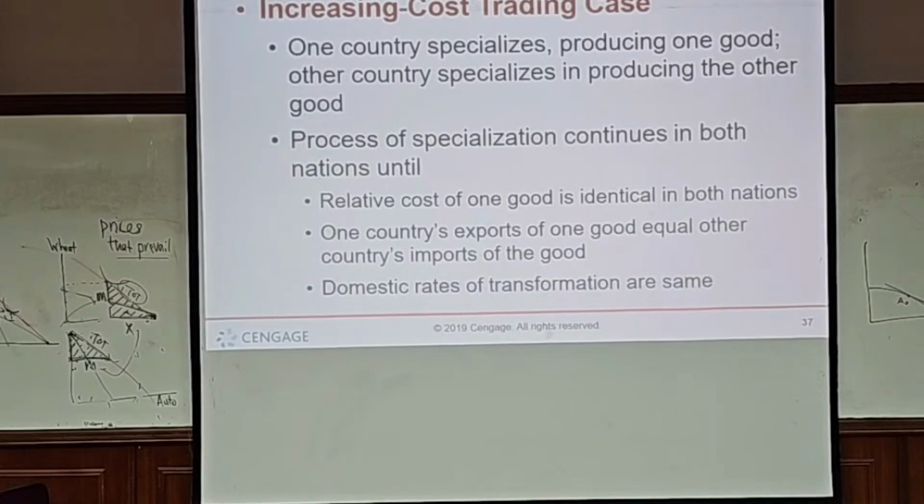It says that country A is more efficient in production of X. Country B is higher, less slopey. So country A, this is the beginning. Country A was specialized. Country B,